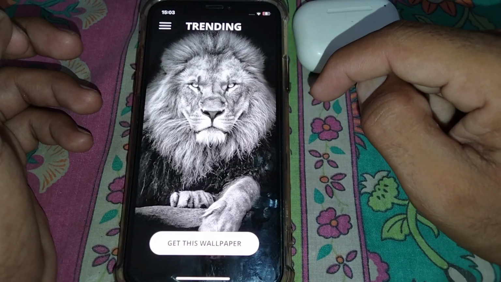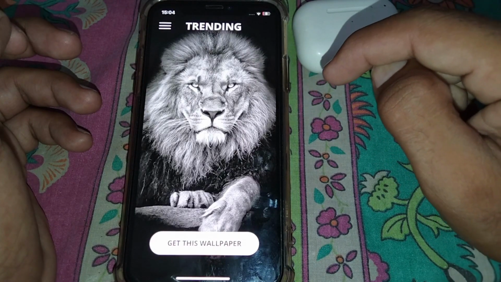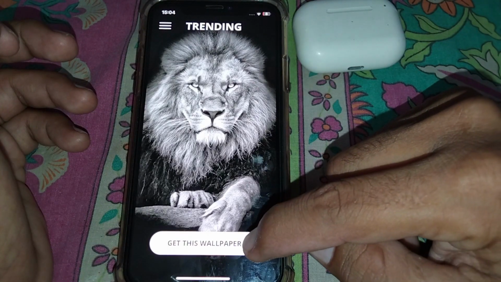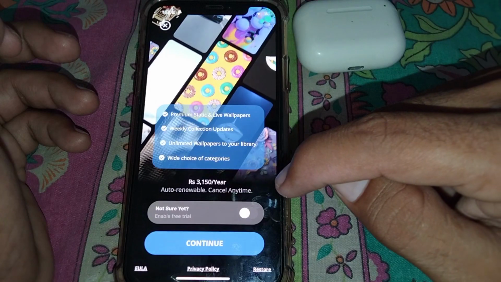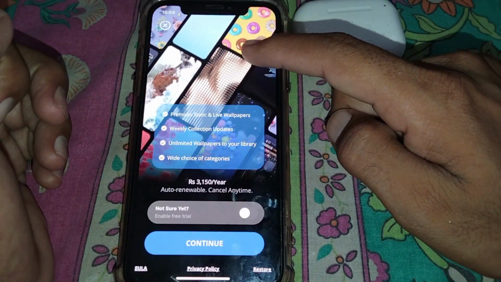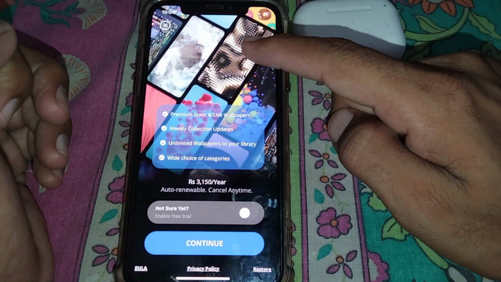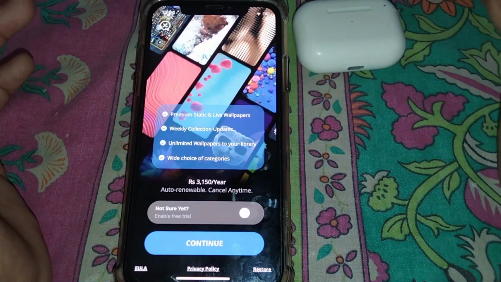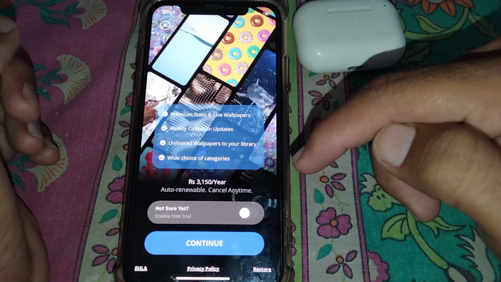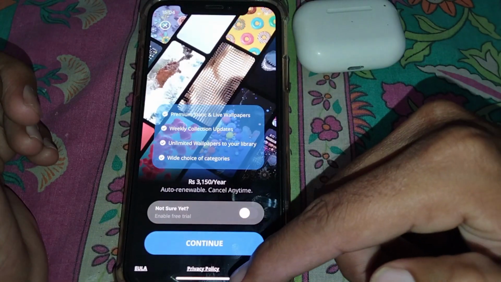So if you want to use these live wallpapers, then what you need to do guys, just simply you have to tap on the get this wallpaper option. Now you can see here guys, in the background a lot of wallpapers are available here. If you want to use these live wallpapers, you have to pay 3,150 rupees per year to use these. Okay guys,